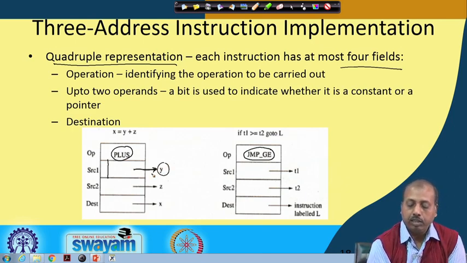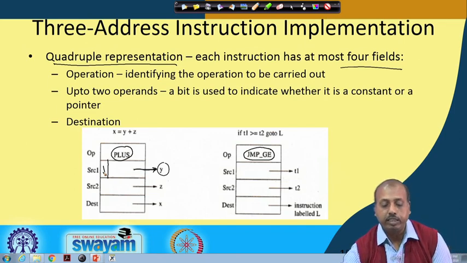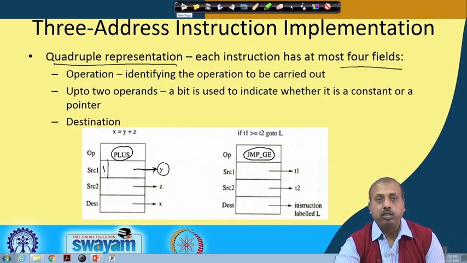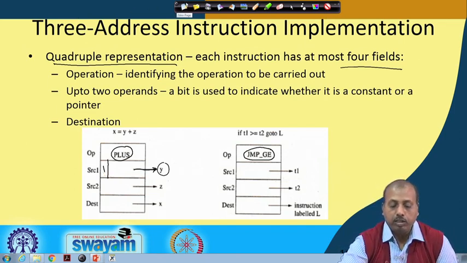Whatever be the memory location allocated to y, the offset of that will come here. So this bit will be 1, telling that it is a pointer. And the destination will also be there. This is a generic representation for 3 address code instructions. We have an operation field, 2 operand fields and 1 destination field.